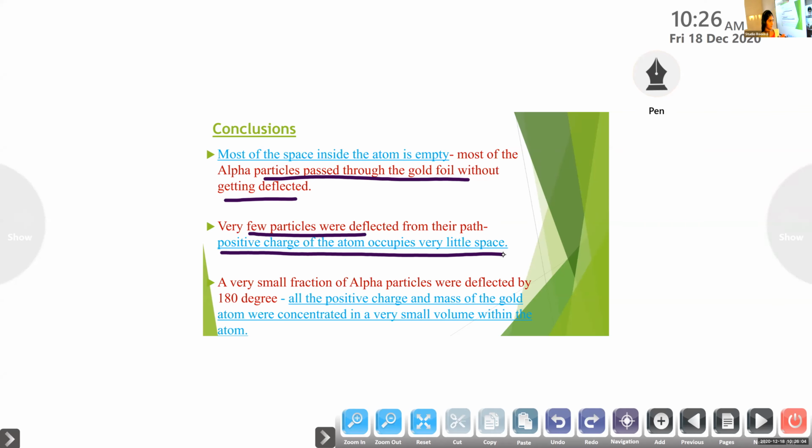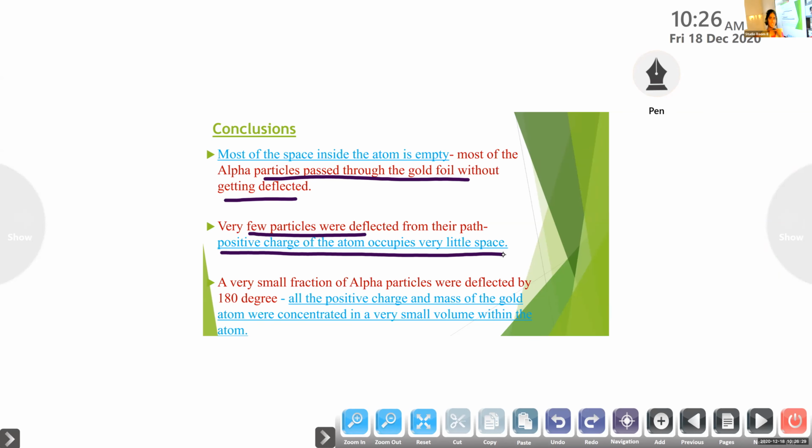Is this clear? Yes, ma'am. So I will repeat this second point. Very few particles were deflected from their path. The positive charge of the atom occupies very little space. Then the third observation: a very small fraction of alpha particles were deflected by